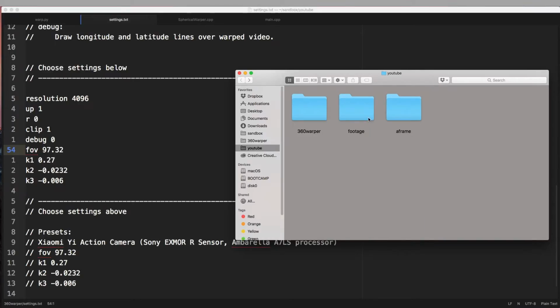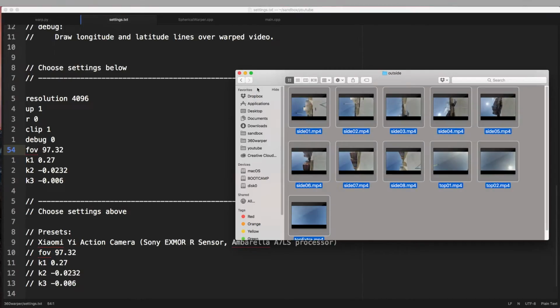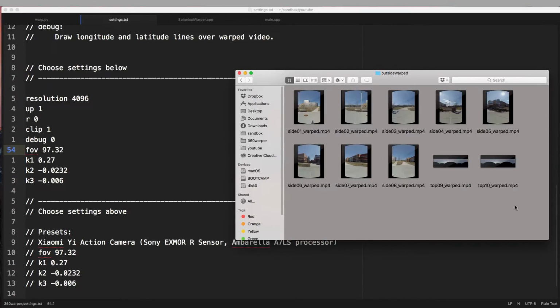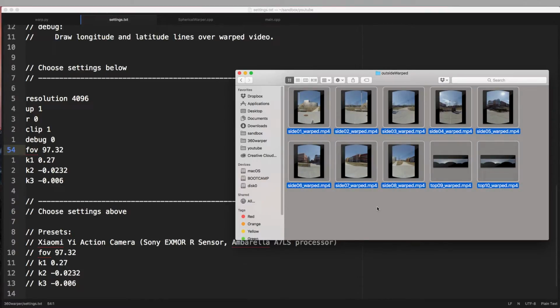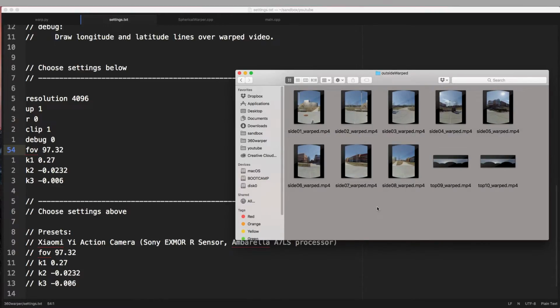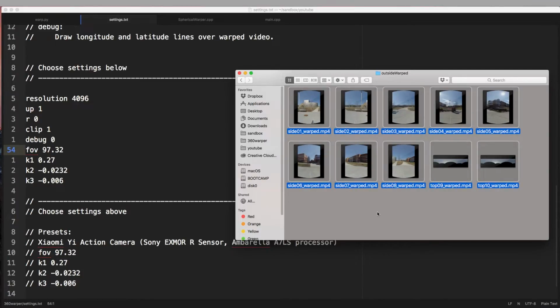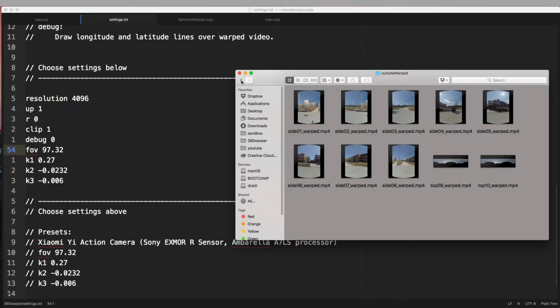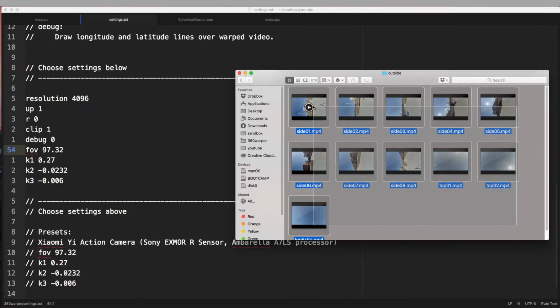So let's try warping a video. The folder that says outside contains all of the video that's straight off the camera. And then outside warped is what it should look like after it's warped properly. I've included those as well if you just want to check to make sure you get the same thing that I did. So what I'm going to do is copy